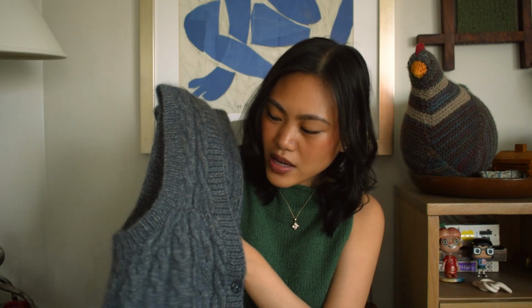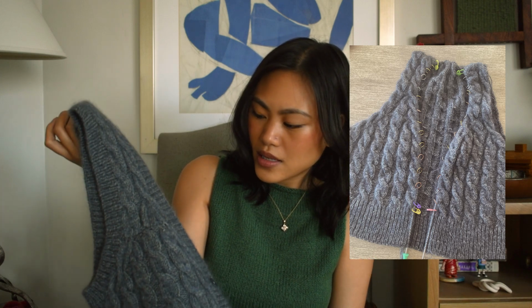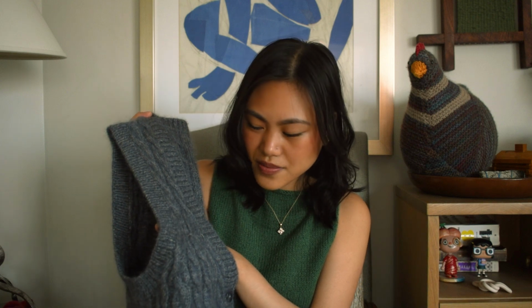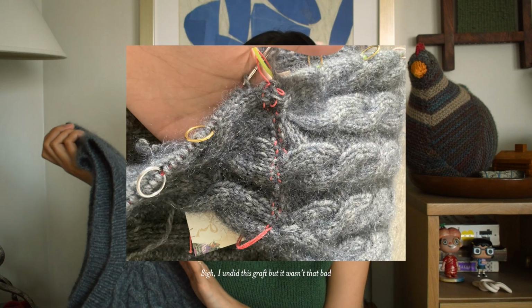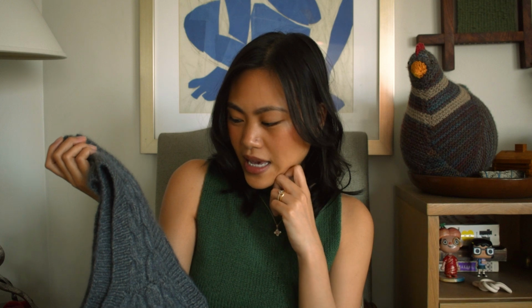It wasn't something that I noticed until I was picking up stitches for the neckline and the button band, that I did a full cable repeat longer on this shoulder. It was a full inch longer, and so I grafted it. When I grafted it, it actually turned out okay. It wasn't great, but I got a little too confident and I wanted to graft it again. And that was a very bad decision, because basically